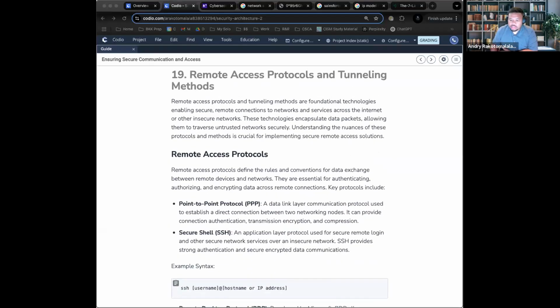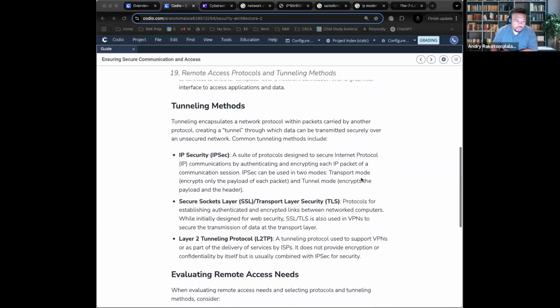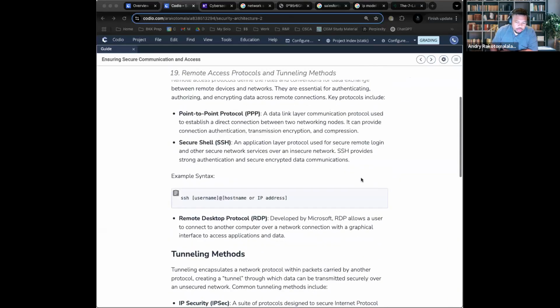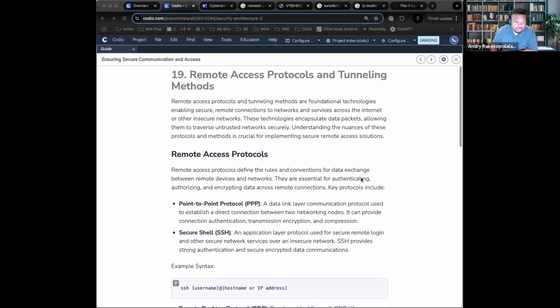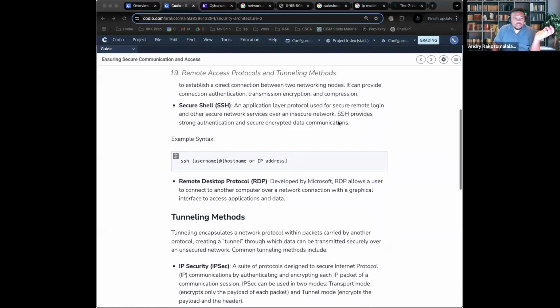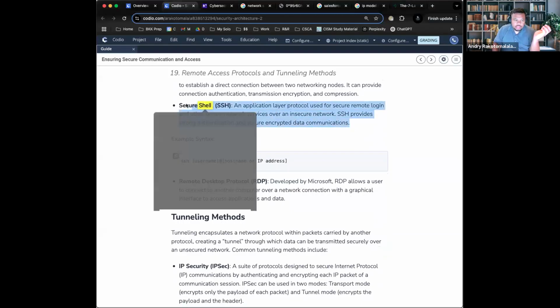All right. Remote access protocols. So I think for this, I'm only going to focus on one piece. Remote access protocols are for when I'm at home and I need to access a server at work, I can use a remote access protocol in order to get in. The one that I really want you all to remember is SSH.